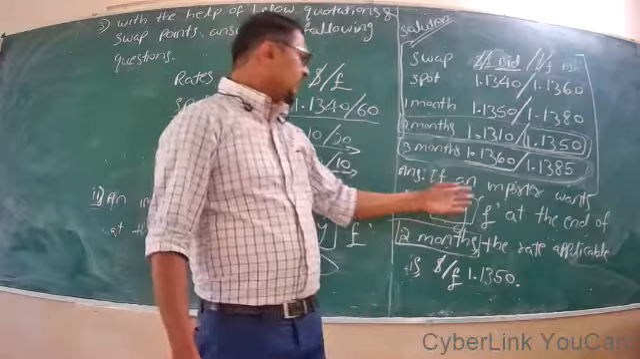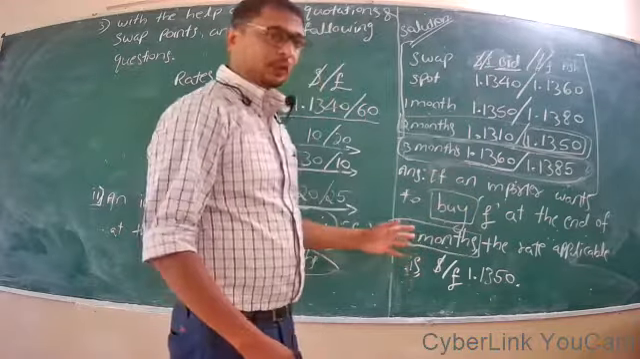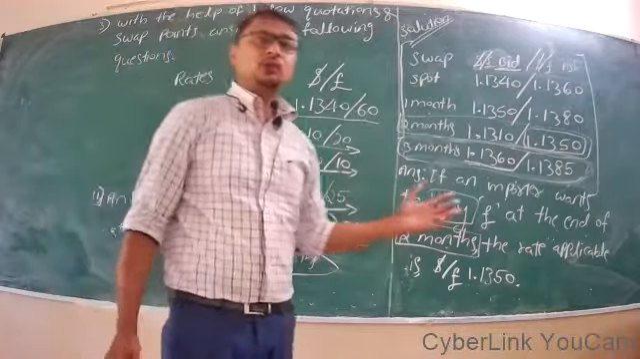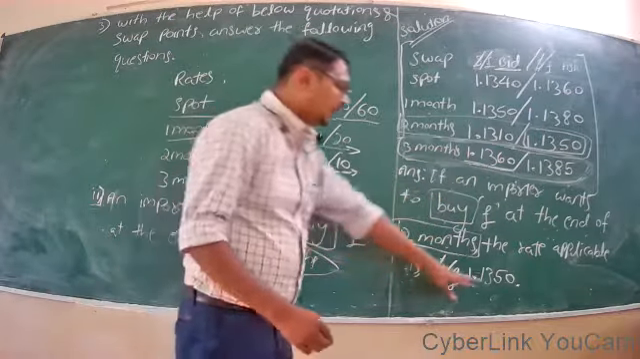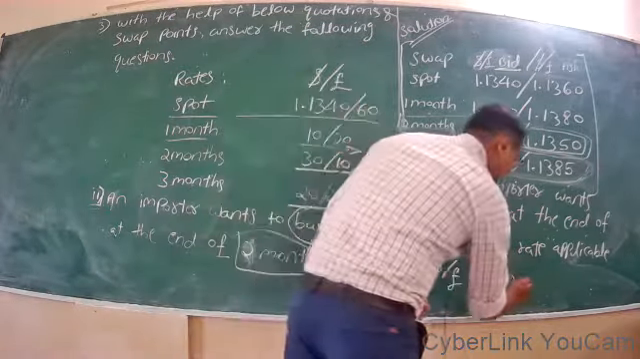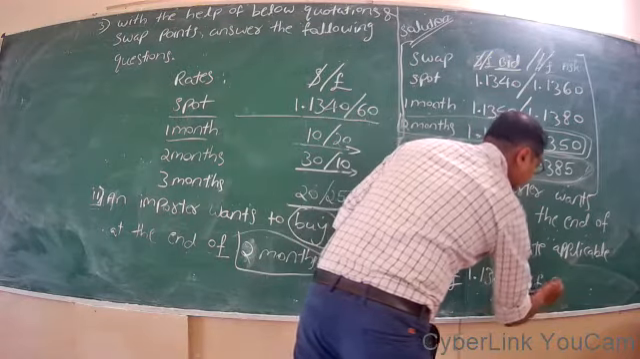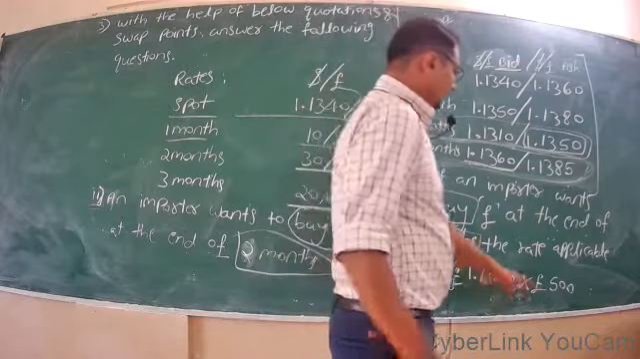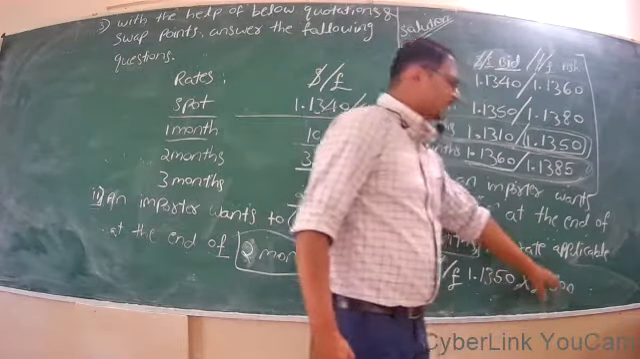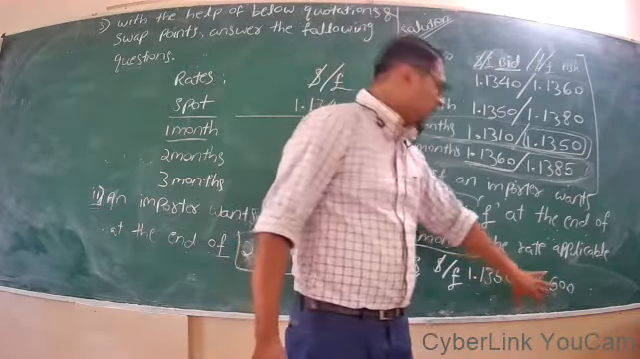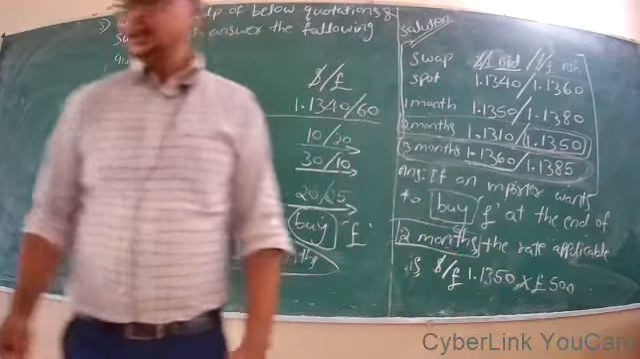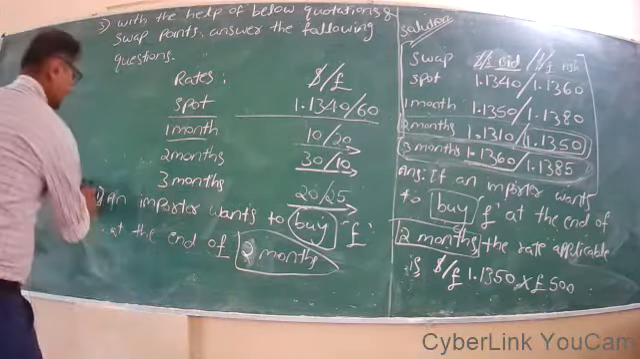So if he wants to buy 1000 sterling pounds, or if in a question they ask for 500 sterling pounds or 1000 sterling pounds, this rate should be multiplied by how much they are going to buy. So 1.1350, if they intend to buy 500 sterling pounds, should be multiplied by 500, right? So next question they are asking,